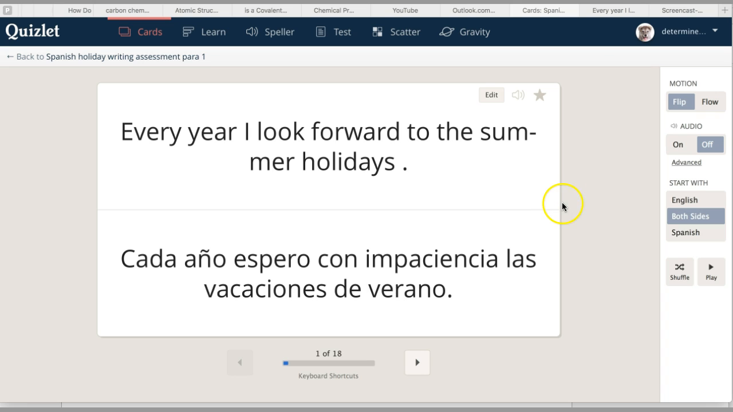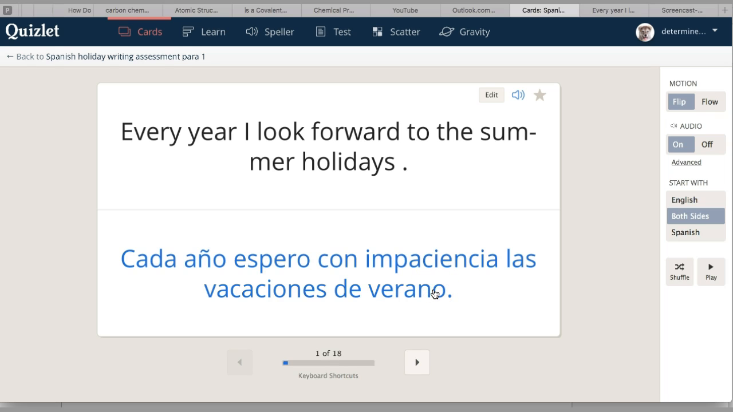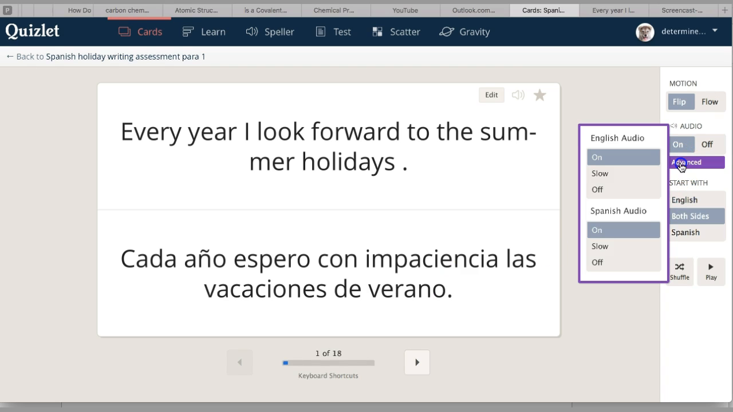If I turn on the audio, it starts to speak. So I will show you in a minute. Now, if you see, I have turned on the audio. Whichever sentence I want, if I click, you can hear the audio. Now I'm going to click on this Spanish. Cada año espero con impaciencia las vacaciones de verano. Did you hear that? If you think it is too fast, you can go here, click on advanced,